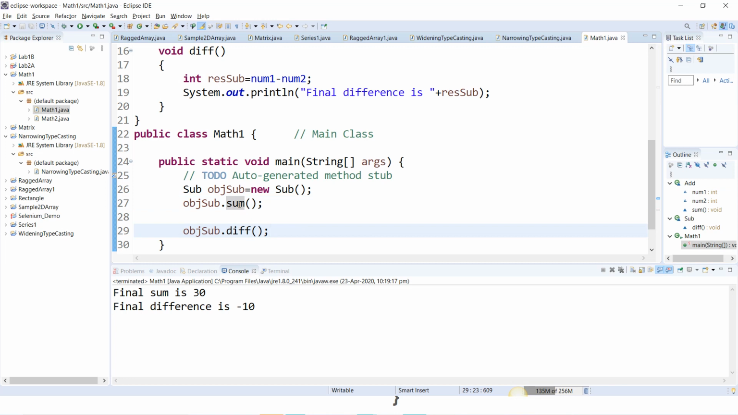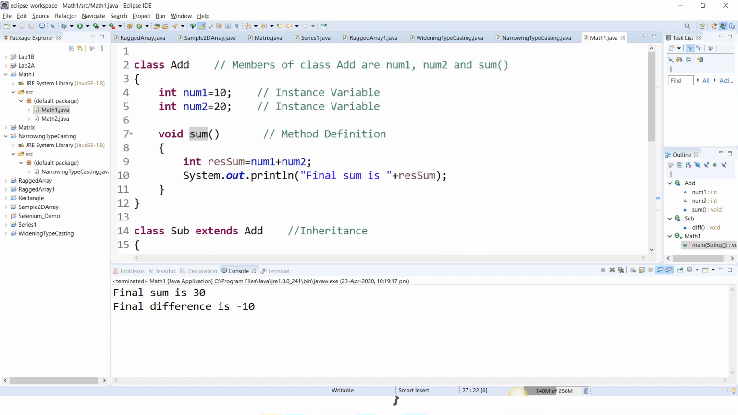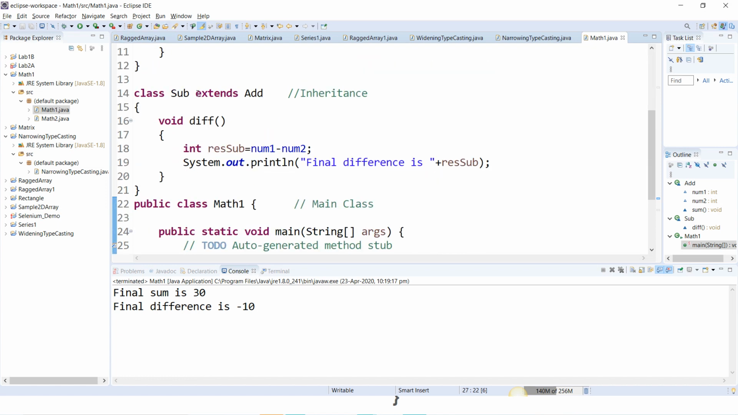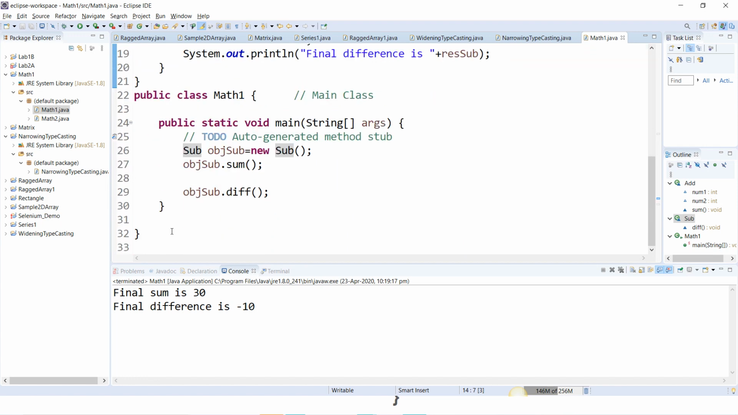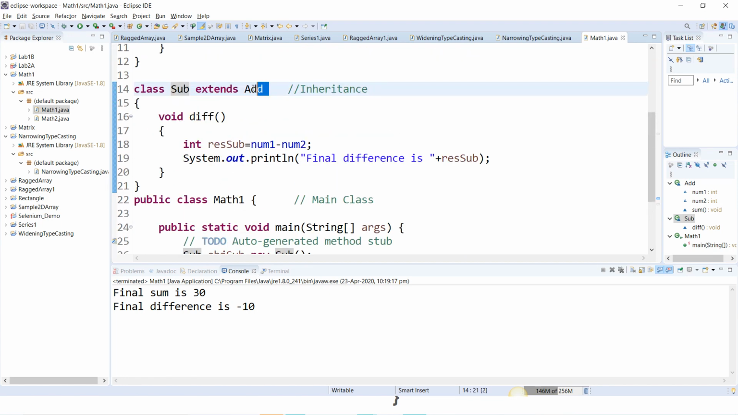But this sum method belongs to which class? Add class. So to access this sum method, we have to create the object of which class? Add class. But since we have used inheritance, that is the extends keyword, add is the super class, and sub is the subclass. So when we use inheritance, by creating the object of the subclass, or the child class,